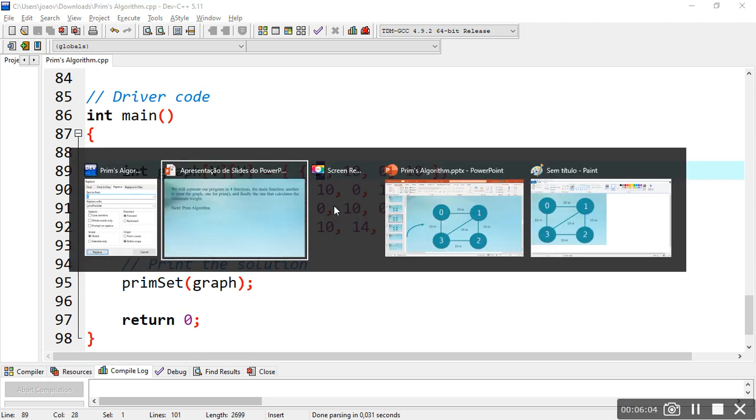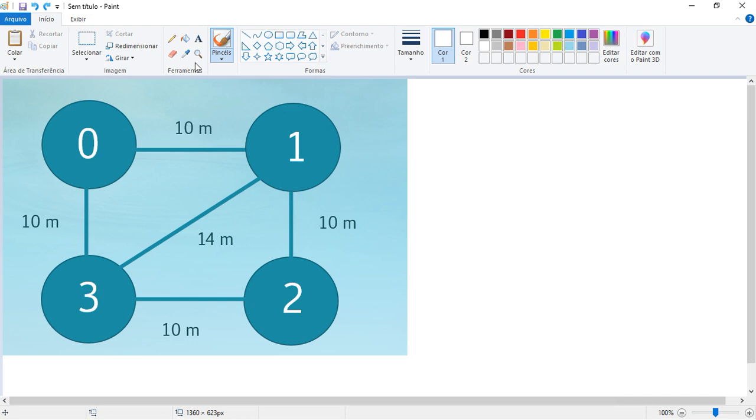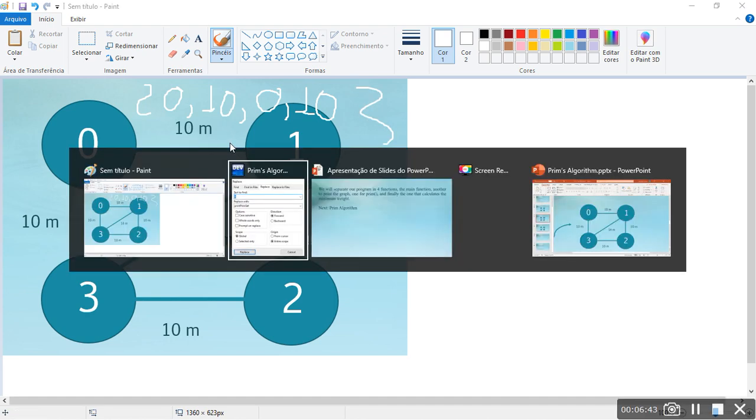So let's go back to Paint. For example, this one here. For this one here in the position 0, right, we'll have to consider the weight in relation to 0, which is 0, of course, it's obvious. The weight in relation to 1 is 10, so we put 10 here. And see that this is 0 position, first position. The 0 in relation to 2 is 0. The 0 in relation to 3 is 10, and we close the first one here. So this is quite right. So this is the 0th position for